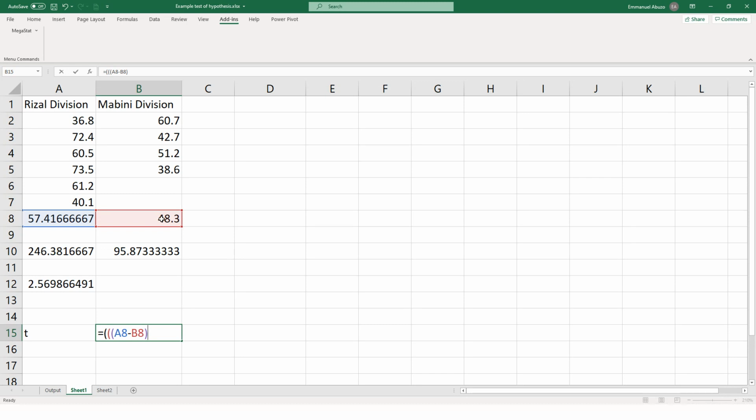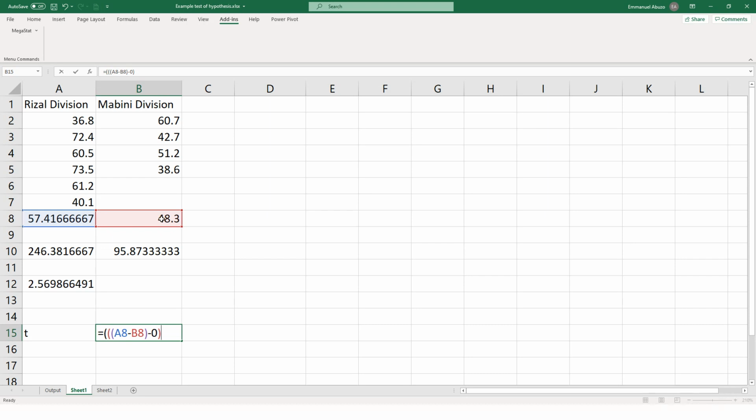Minus, take note that for our population means, since in our null hypothesis it's stated that there is no significant difference between the population means of the two groups, then it means they are equal. If we subtract equal quantities, it's equal to 0. Close parentheses, divided by,